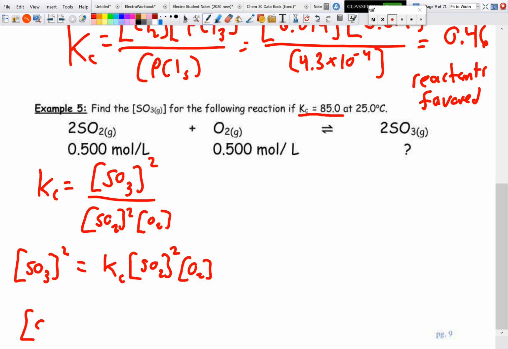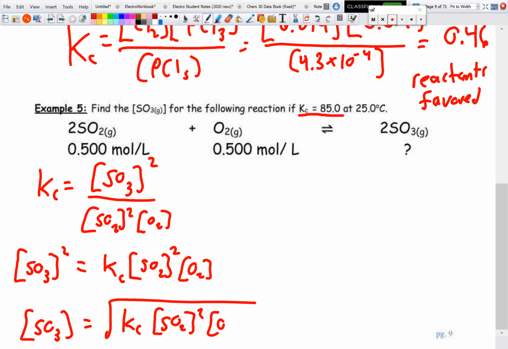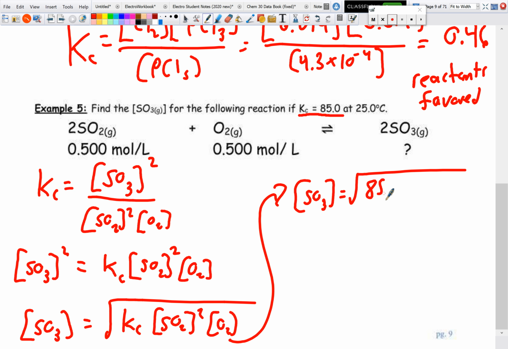And then to get SO3, because this is squared, I'm going to need to take the square root of everything. And when we do that, we plug in our values. So we got 85.0, 0.500 squared, 0.500, and when we are done,